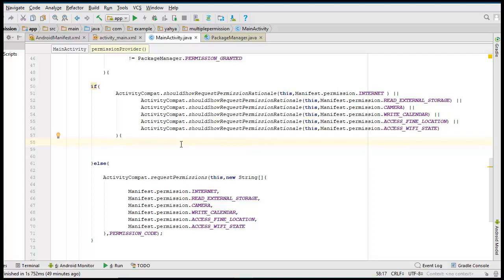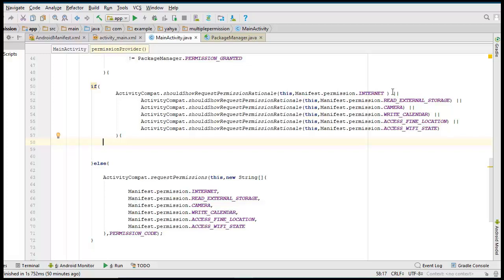So we will provide some information inside the dialog and tell the user, if you provide these permissions, these functionalities will be used by this app, and you can use all the functionalities. As you know, you might wonder why I use an OR statement in here? If one of these expressions evaluates to true, the remaining permissions will be calculated